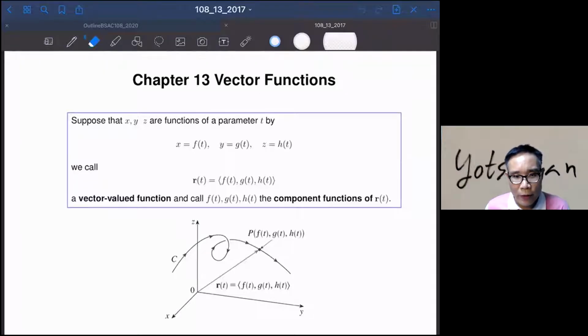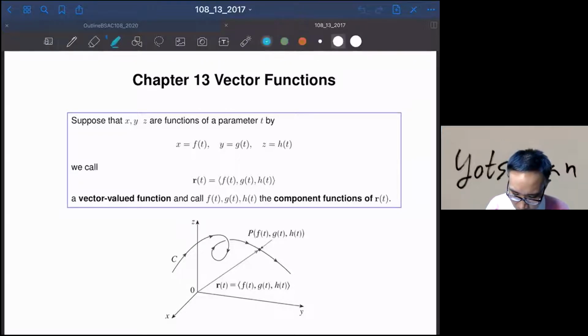In this video, we're going to talk about the vector function. This one is going to be very easy, like doing calculus 1 three times, because you are dealing with functions in only one variable. So suppose x, y, and z are functions of the parameter t, and you're going to have